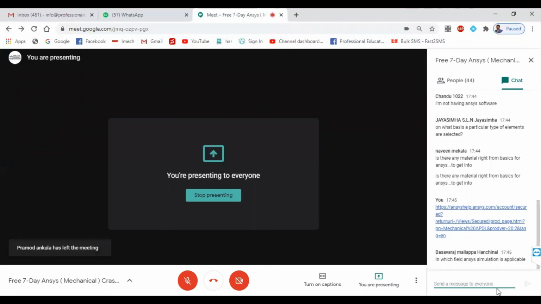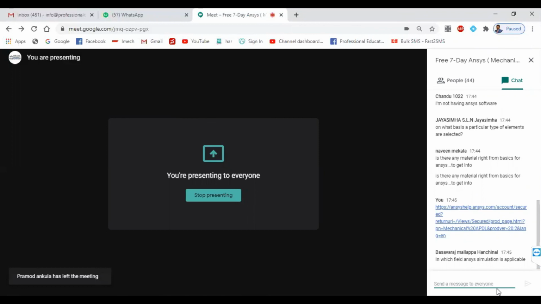Somebody asked in which field it is used. There is no limit. If you take a knife, it is useful for cutting vegetables, or chopping a tree. It is up to our thinking. I am not saying that ANSYS simulation is applicable for only one particular problem. When you go to ANSYS Workbench, a number of modules are there.